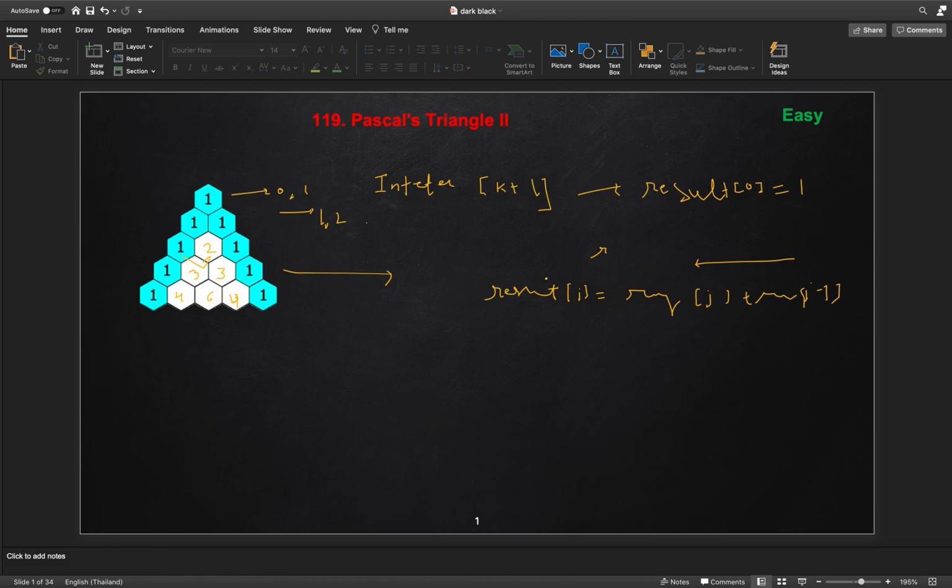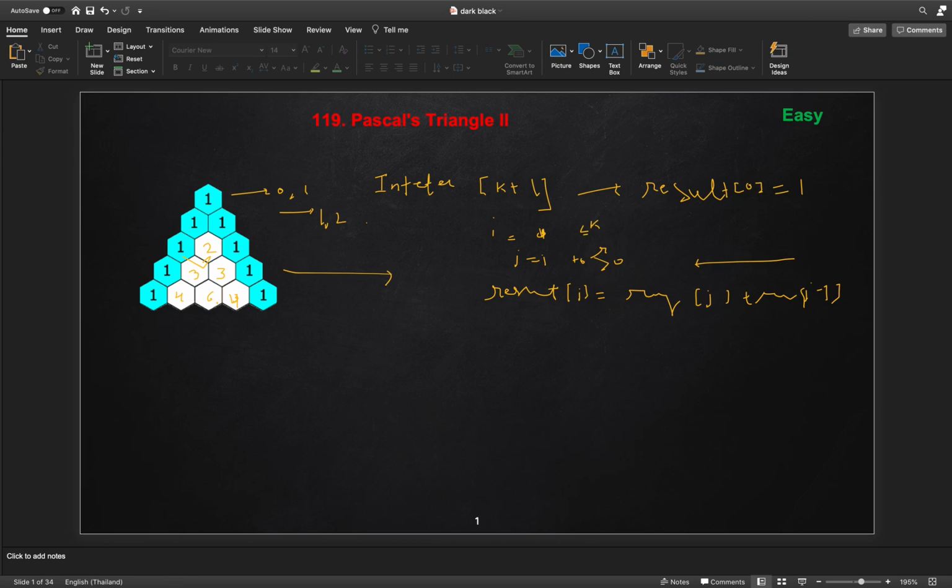And j will start from i and go down while it is greater than 0, and for every i we iterate from 1 to k, since 0 is already the initial one.